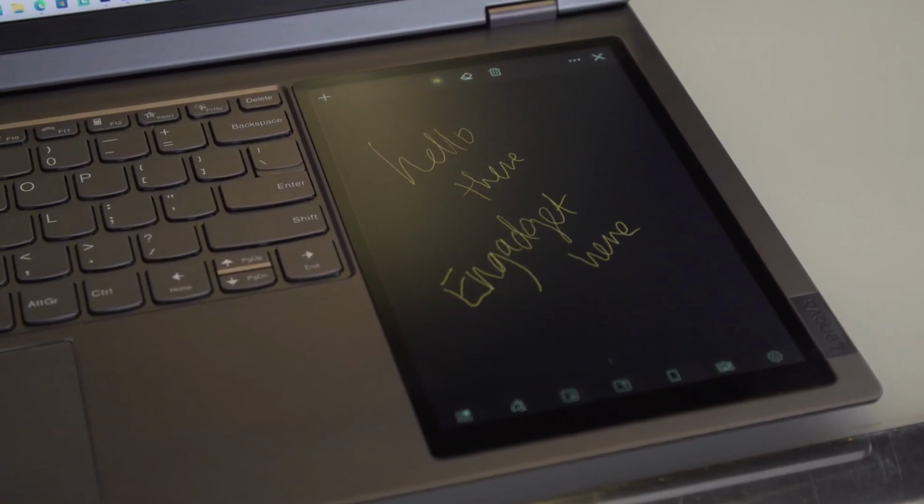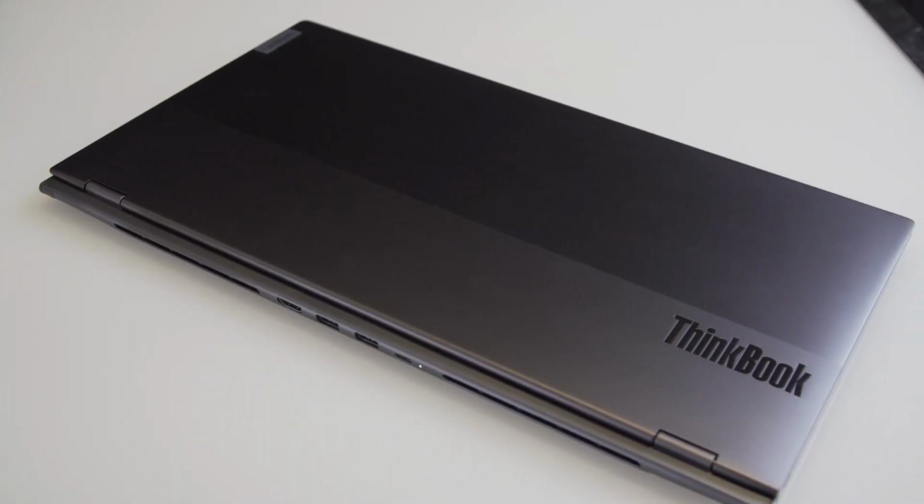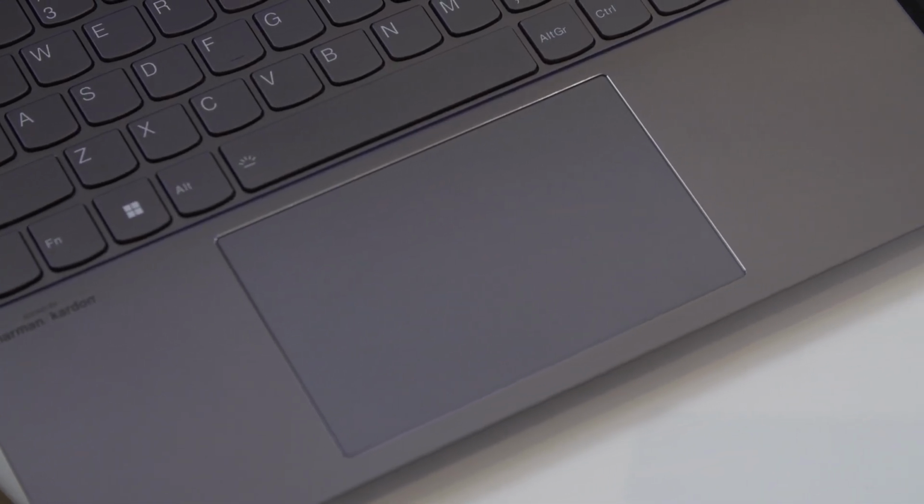I was able to scroll a few words and doodle a little bit here at our event, and everything felt very smooth and responsive. But I can't say the same for the entire experience. This is an early unit running some preview software, so not all of it was stable, of course. But by the time this does come to market, we're hopeful that Lenovo will have ironed out all of the kinks. The ThinkBook Plus Gen 3 will actually be available in May, starting at $1399, and it uses up to